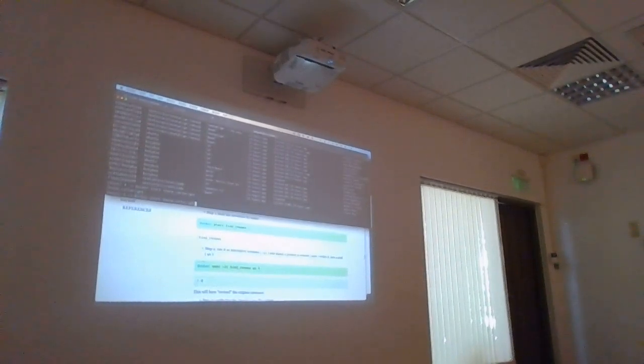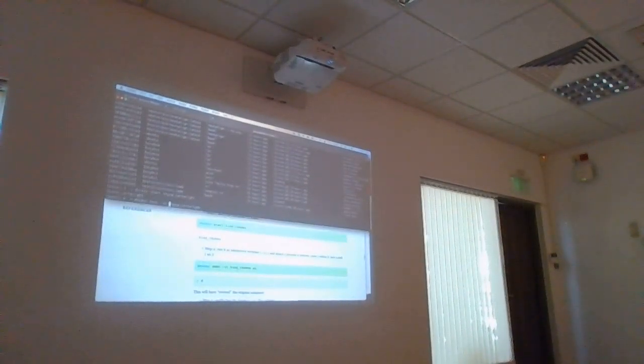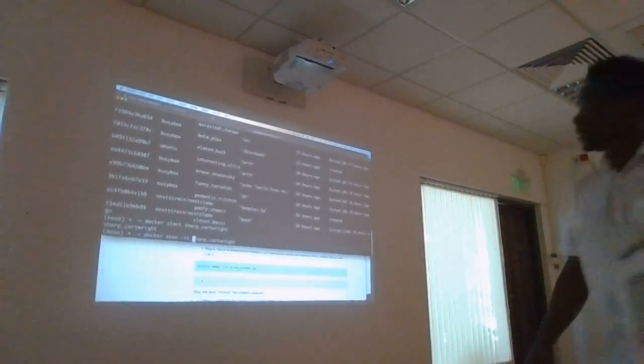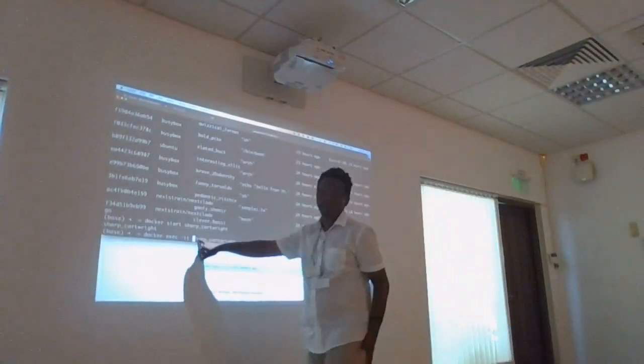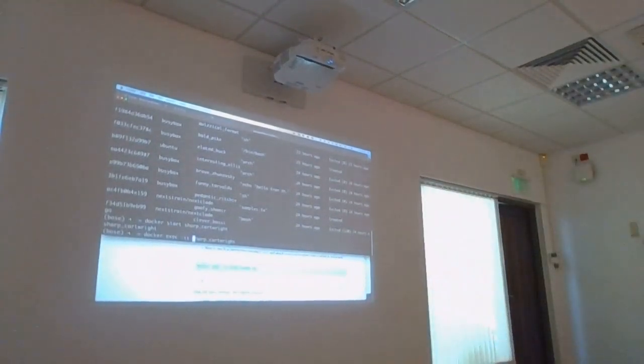So let's execute this, and this time we're going to do it interactively. Unlike what we did before, we have a specific container that we want to call back to life, and we're going to run the shell.